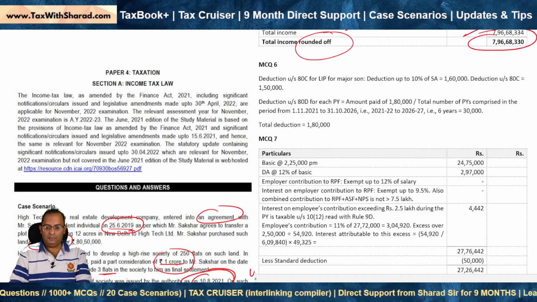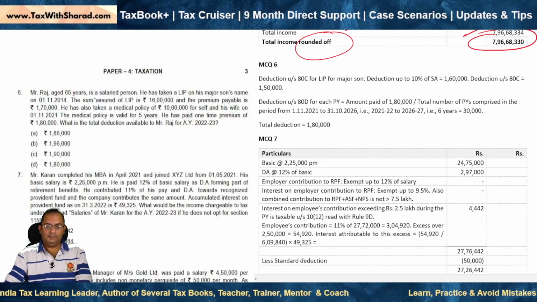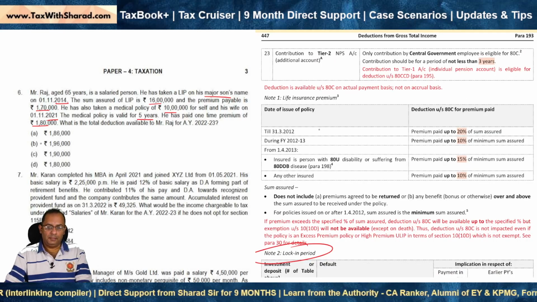Okay, now let's quickly come to our next MCQ. MCQ number 6. Mr. Raj, aged 65 years, is a salaried person. He has taken a life insurance policy on his major son's name on 1st November 2014. The sum assured is 16 lakh and the premium payable is 1,70,000. He has also taken a medical policy of 10 lakh for self and his wife on 1st November 2021. The medical policy is valid for 5 years. He has paid a one-time premium of 1,80,000. What is the total deduction available to Mr. Raj for AY 22-23? Okay, so if we look at TaxBook Plus,